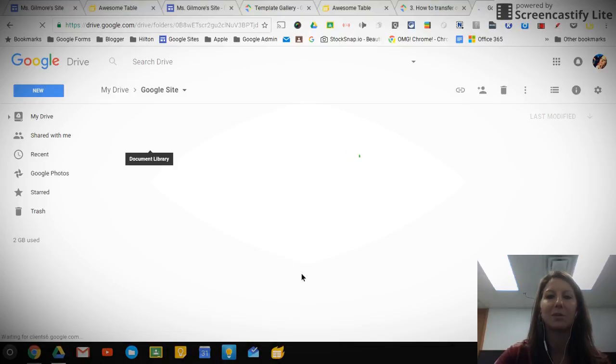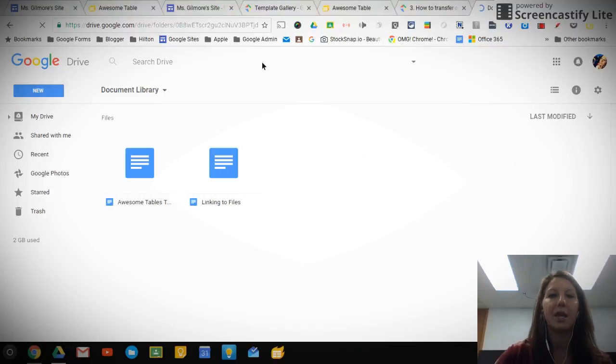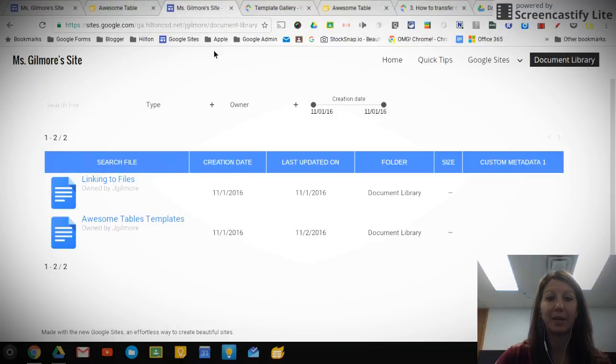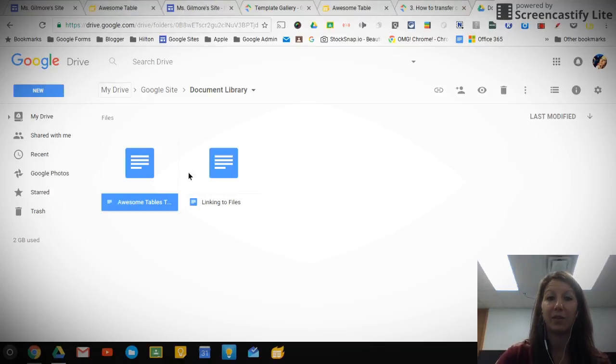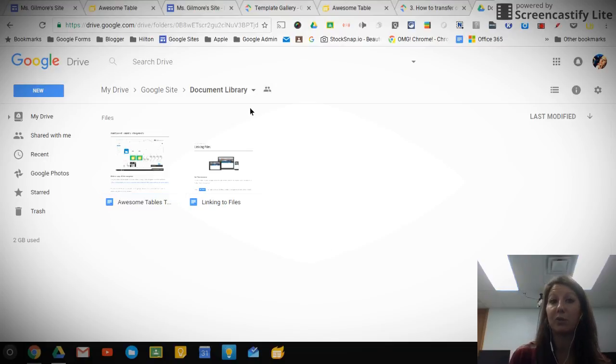So you'll see the same two files in this particular library that were on my site. So my site, files that are on that site. Awesome tables, linking to files. So the same thing here. So if you were someone who was looking to do this, by unit, instead of calling it document library, just call it unit 1, unit 2, unit 3. And again, because it's inside my site folder, it's inheriting that shared out permission that my Google site